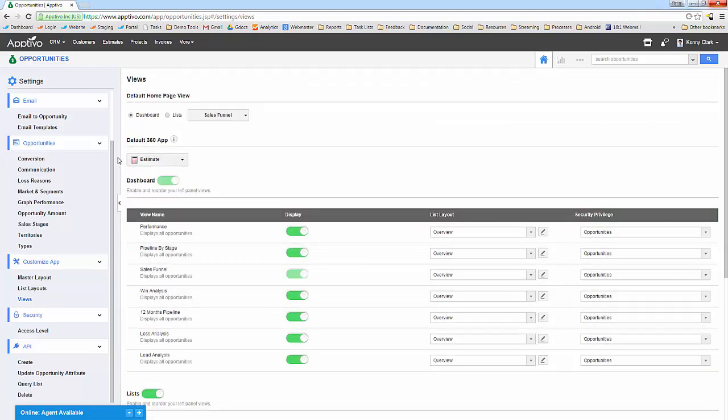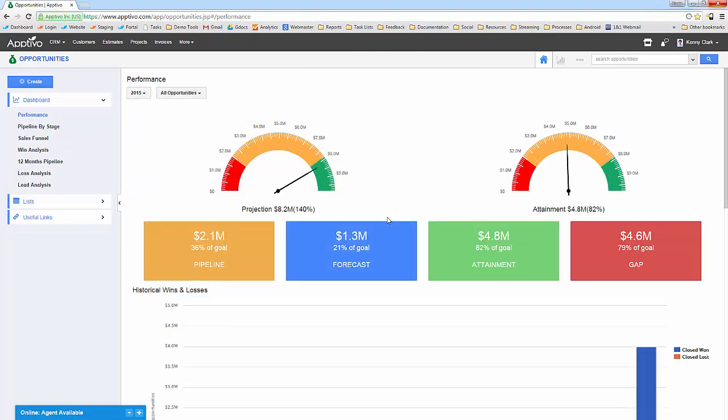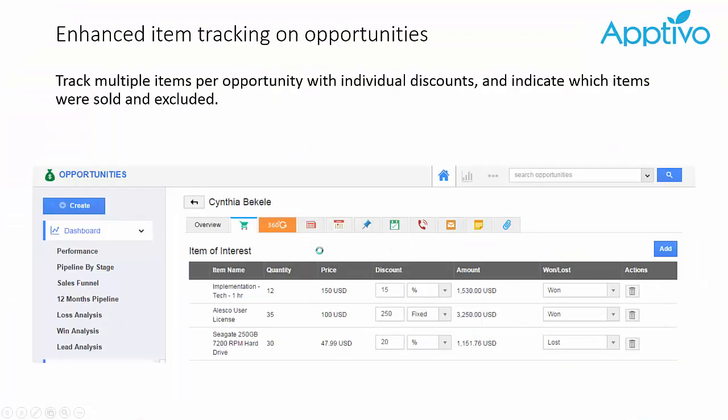So for each of the applications that we roll out the dashboard system for, you'll notice now I can click dashboard and then I can default to one of these. So that's why when I clicked on opportunities at first, it went to sales funnel, but I could go change this to performance. So next time I come in here, it defaults straight to this page. So you'll just configure that with your preference and you'll be all set. Okay, so